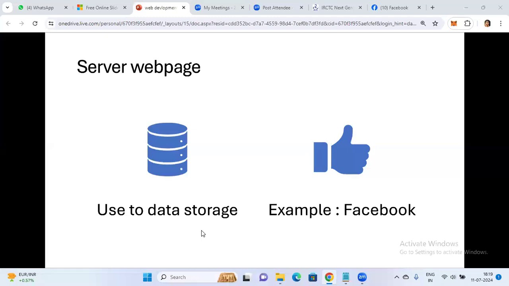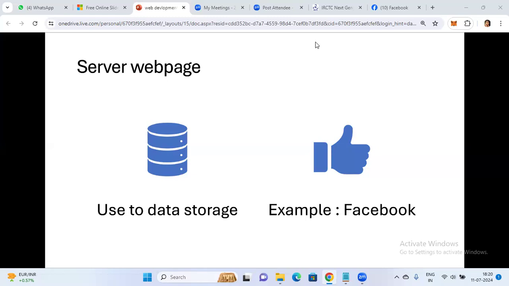Sushma, you're right. Static is common to all users. Dynamic is shown based on the user's interest, and the data is stored in a database. First thing, static: whenever the application doesn't need any changes, then we go for static.